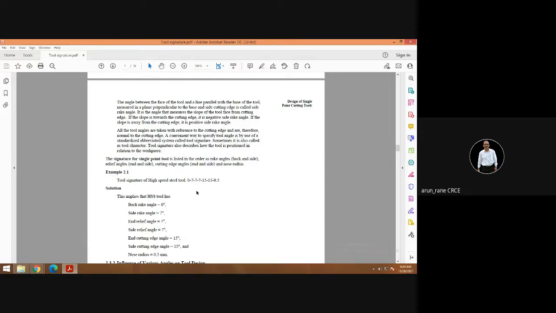There is a particular sequence which you need to follow, like we saw in the grinding wheel. First is your manufacturer prefix, and then the manufacturer prefix is followed by your grains. First is your grains, whether it is aluminum oxide or silicon carbide. Then grain is followed by grade: soft, medium, hard. Then grade is followed by structure, and then bond. Okay, so these were the parameters. Similarly here, and this signature you cannot change.